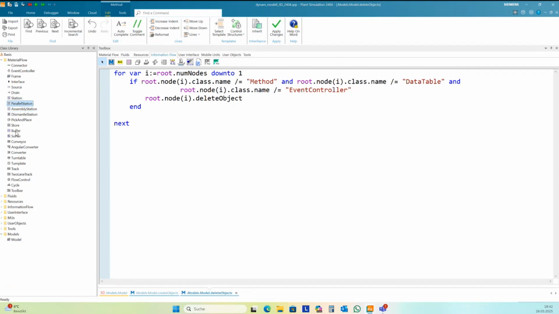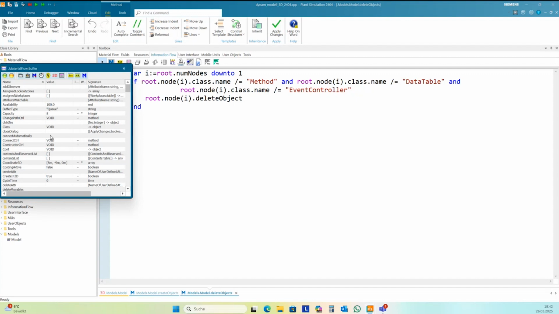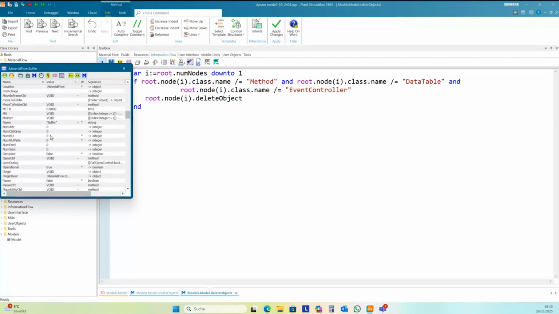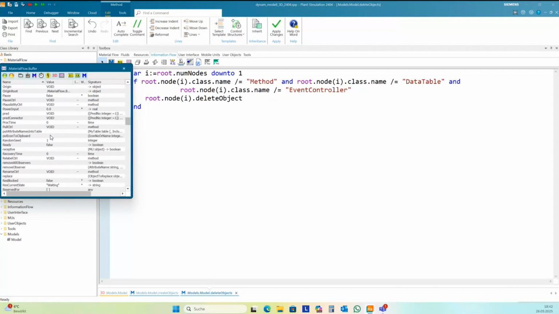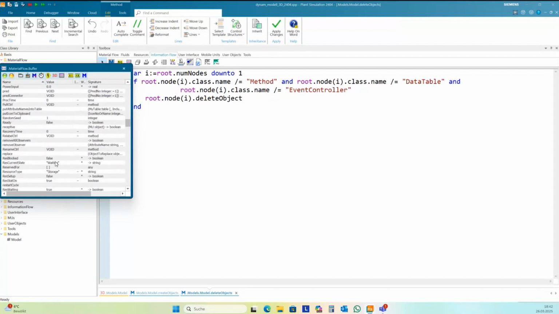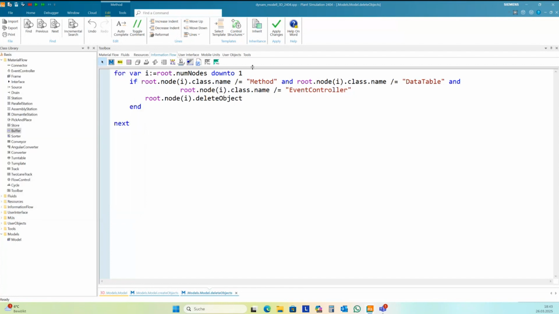For instance, if you have a buffer F8, then this is resource type storage. And so we can say, okay, it's storage, transport, and production. We delete all this, and all the other objects keep in this frame.